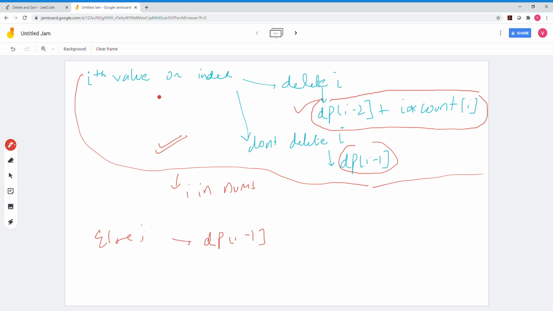Now at this step I am at I and I want to delete I. So for deleting, I have to have I in the array. But in the previous step, if I delete the I minus 1 value, I will automatically get deleted, and this is not what I desire. So what I'll do is I'll take the maximum score until I minus 2 and add the score of deletion of this element I and make a score. I think now it is sufficiently clear, and this is the basic approach that we follow.